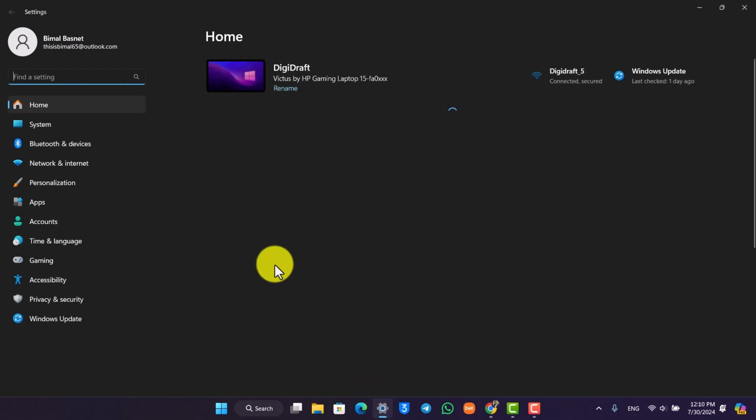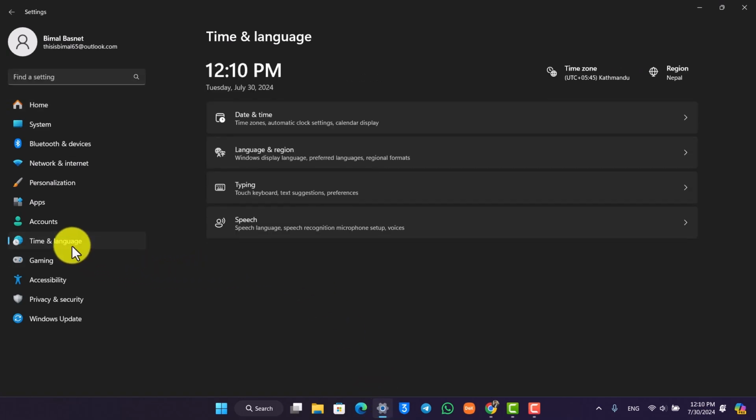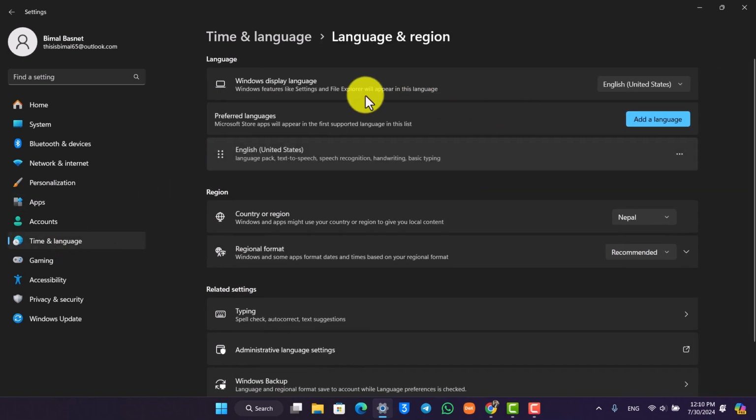Open up the settings application and from the left hand side, simply navigate to time and language. From here, you want to go to language and region. Now under Windows display language, if you select this option, other languages do not show up because they have not